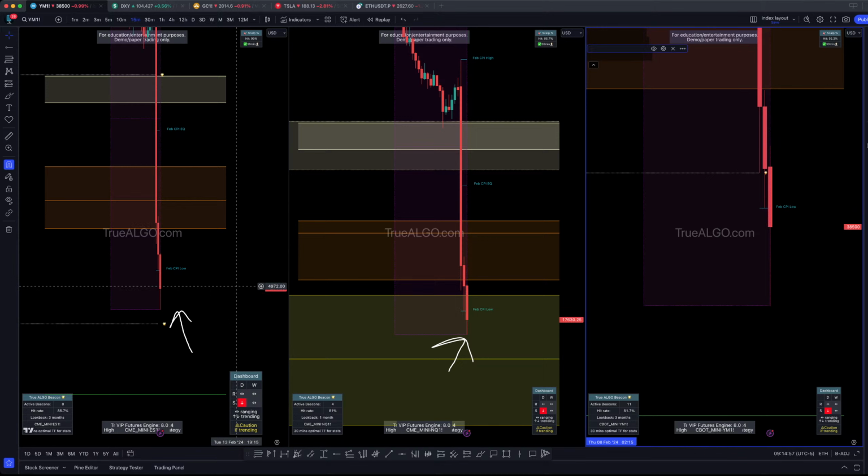And like you have to think, if you're an RSI trader, MACD, any retail trader, indicators that you guys use, right now all of that stuff is going to be telling you, oh, sell signal, sell signal, sell signal. The problem is you are into a box for True Algo that's predictive because it's there before price gets there. And this is the box that should hold. So all those times that you short, your spreads fill you down here. And then the candle buys up from the box, takes you out of your position, and then it closes below the box after you've already been taken out, and then it pushes.